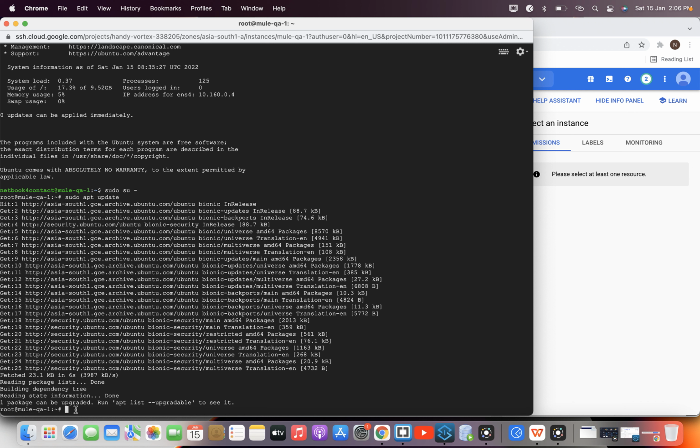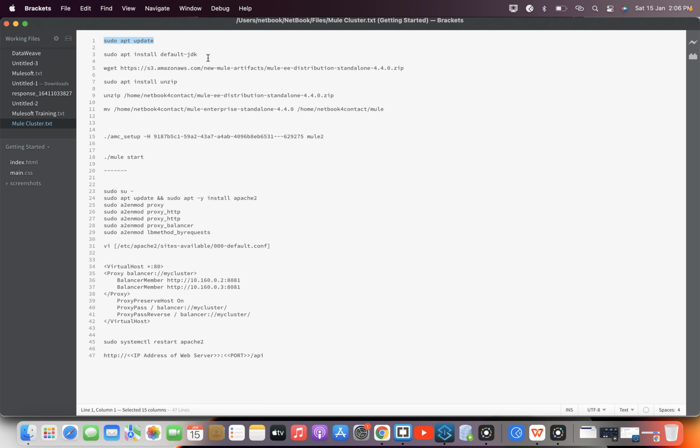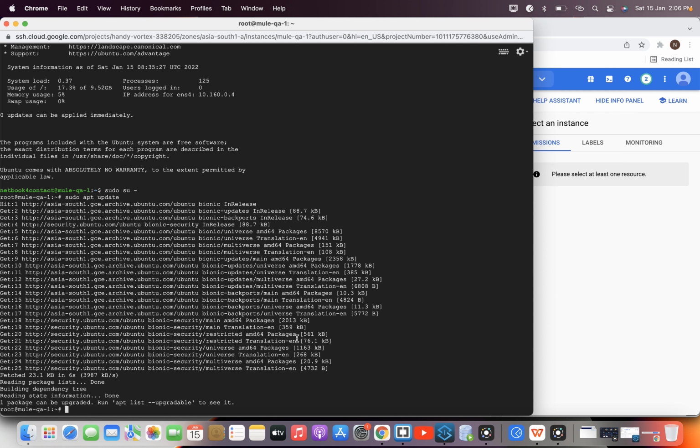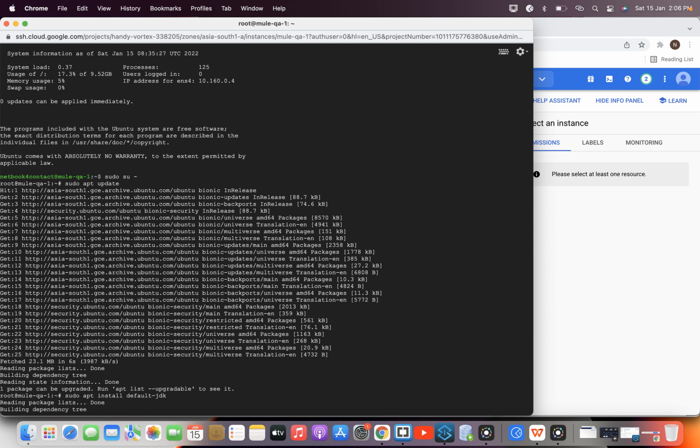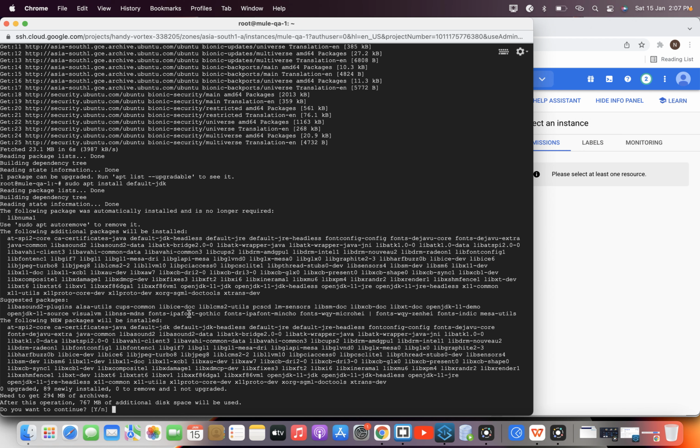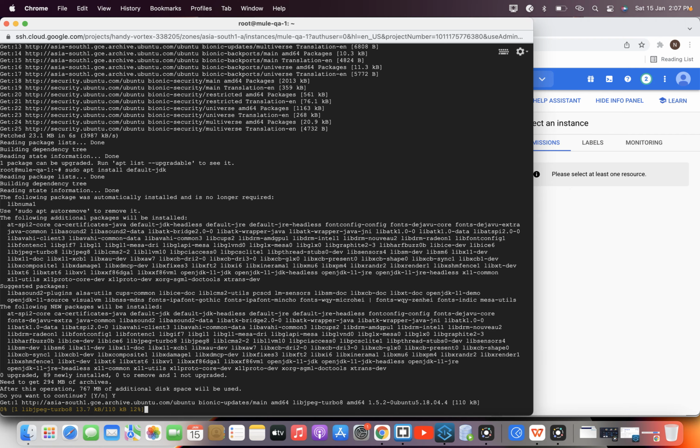Now we want to install JDK before installing the Mule runtime. So you can use sudo apt install default JDK. So with this command you can install the JDK in a virtual machine. Since it is Ubuntu, I'm going to use this command to install the JDK. So you can see when I enter,